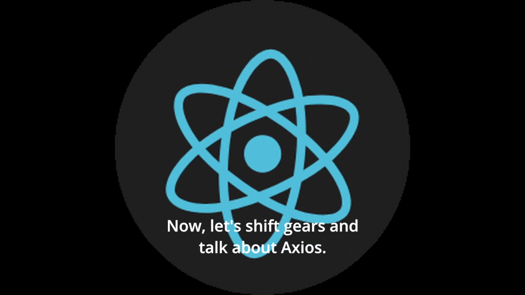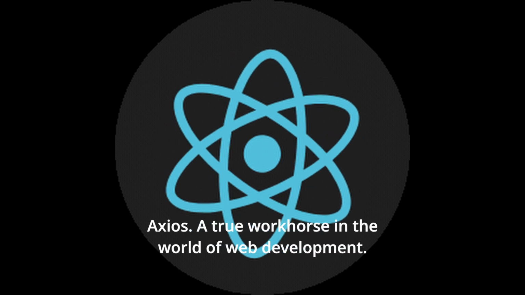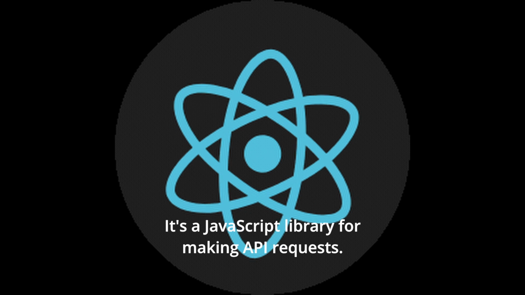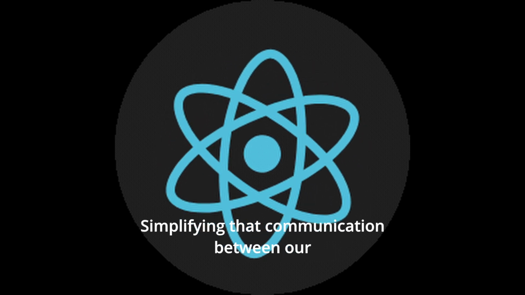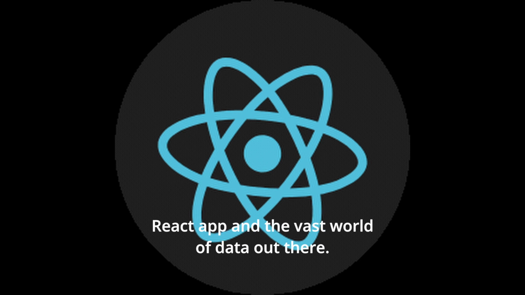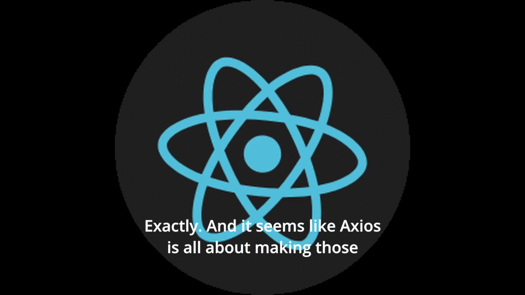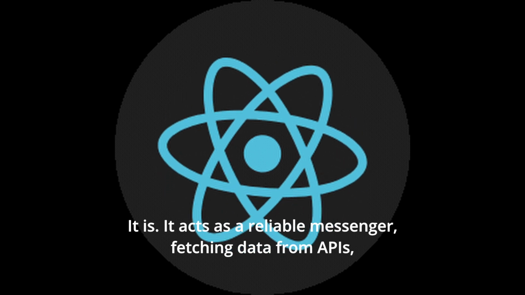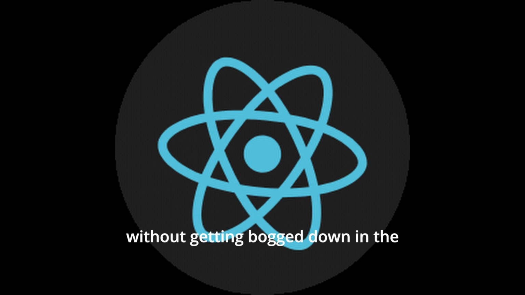Exactly. Now, let's shift gears and talk about Axios. Axios, a true workhorse in the world of web development. It's a JavaScript library for making API requests, simplifying that communication between our React app and the vast world of data out there. Exactly. And it seems like Axios is all about making those interactions smooth and painless. It is. It acts as a reliable messenger, fetching data from APIs without getting bogged down in the complexities of